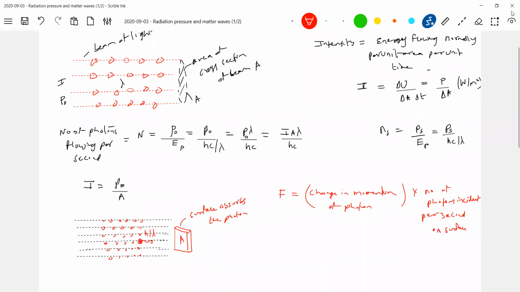But we know change in momentum is dp, no? From where to bring that time? We have the number of photons per second, no? So I'll multiply by the change in momentum, h by lambda. It is absorbed, no? It was moving and came to rest. What is the change in momentum? H by lambda. Then the number incident per second is IA lambda by hc. This is the momentum here, and the number of photons incident per second. So change in momentum into number per second, that should be the force only. H by lambda gets cancelled, so I'll get IA by c. What is A? Area of cross section of the surface here.